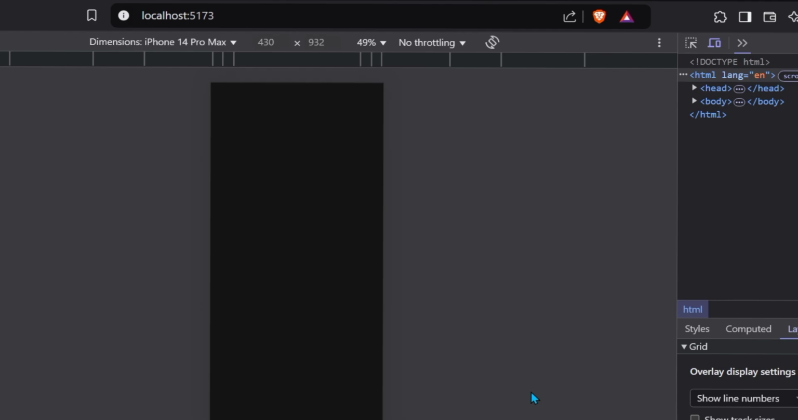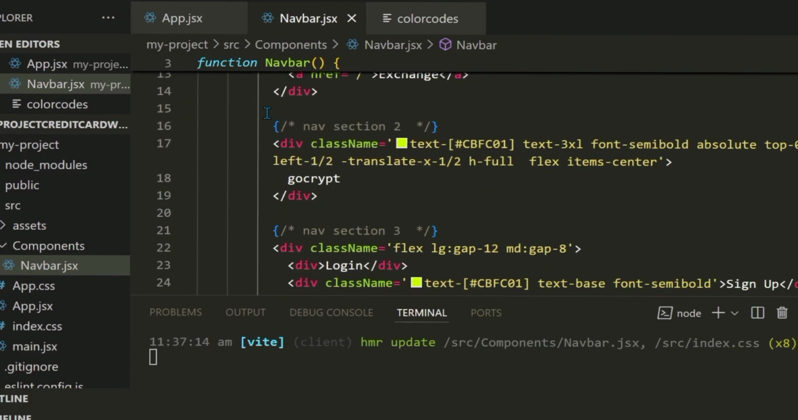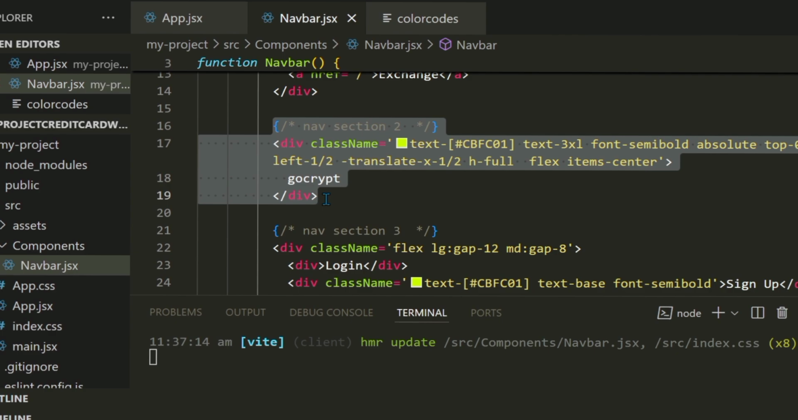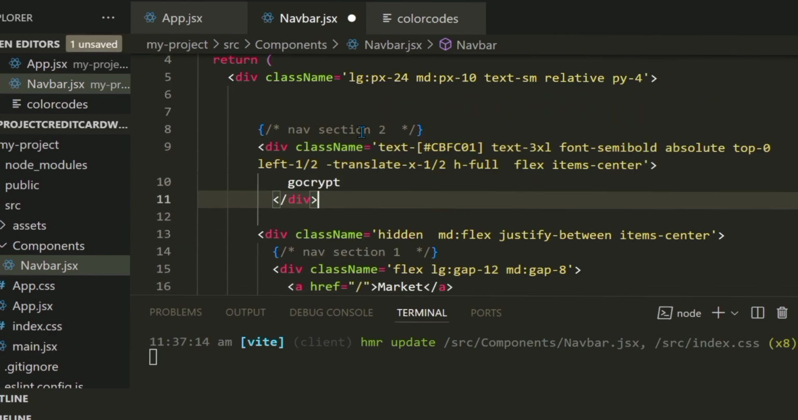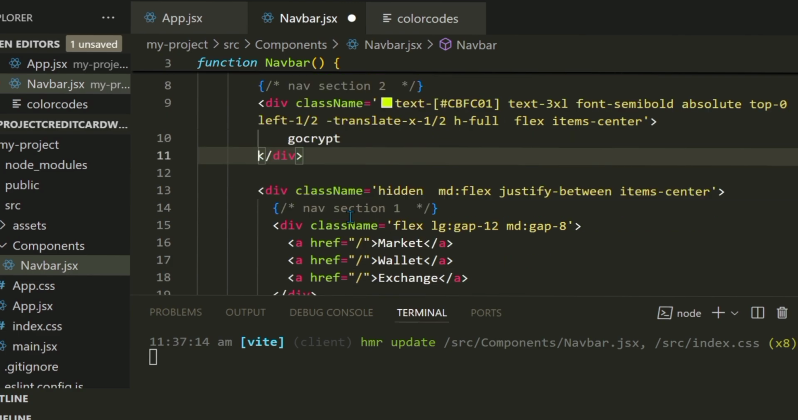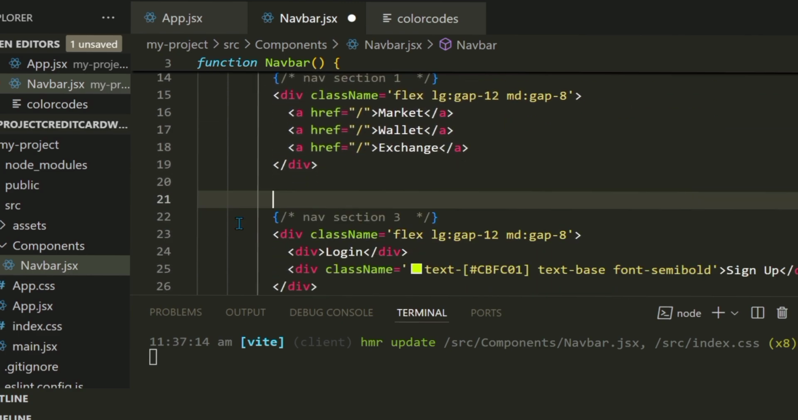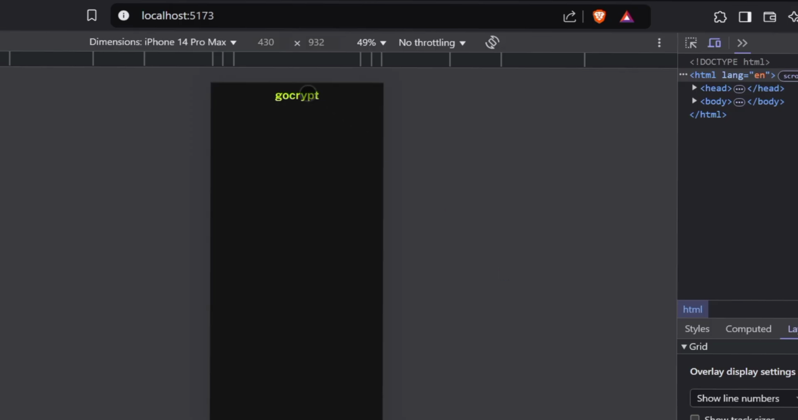See, everything disappeared, but we want our logo name to be visible in mobile size devices. So for this, put our logo section outside of the parent div element. So now only section 1 and section 3 are in one parent div, and section 2 is outside of the parent div. Now see the output. Logo name is at the center as it is not hidden, but we want it at the left